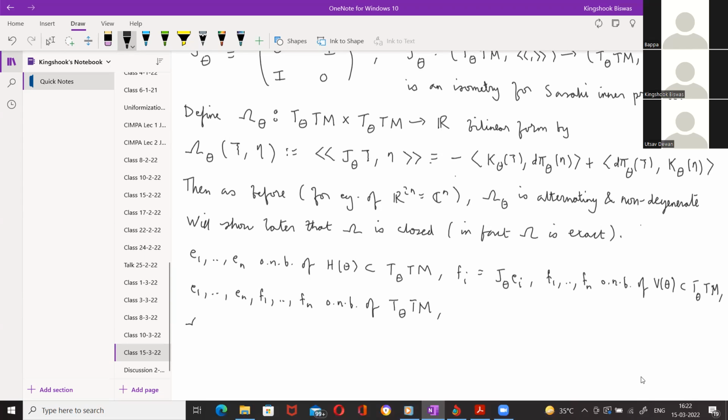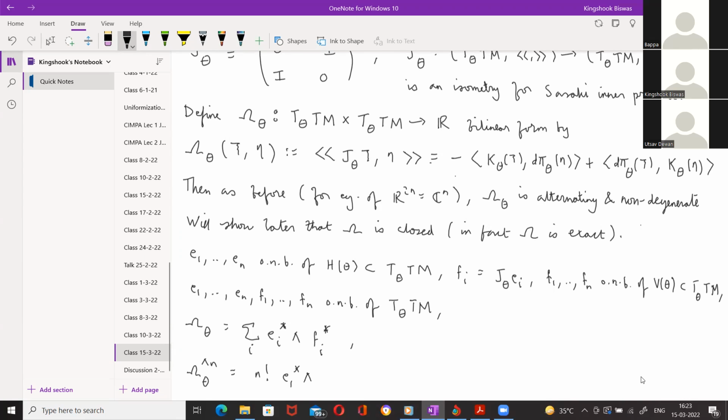And omega theta will be the summation over i of Ei star wedge Fi star, right? Because this is just what I did in C^n. It's the same thing I'm doing in this 2n dimensional vector space. So omega theta will be this, and omega theta to the power n will be n factorial